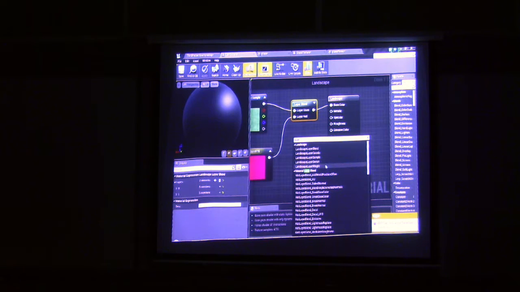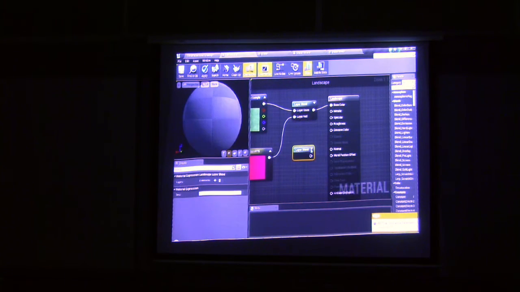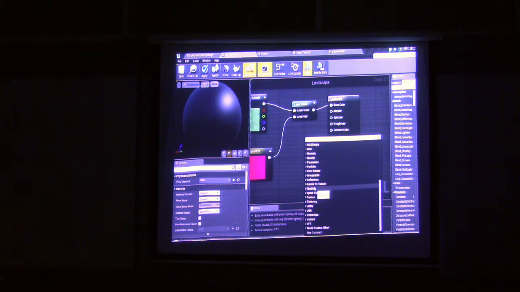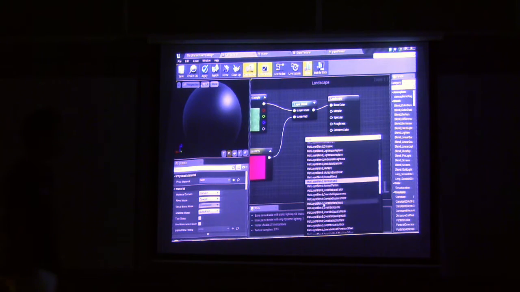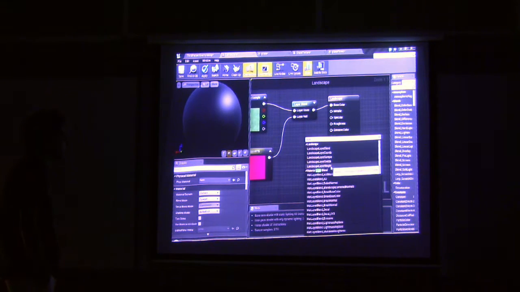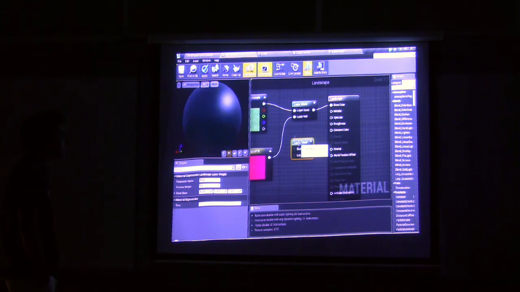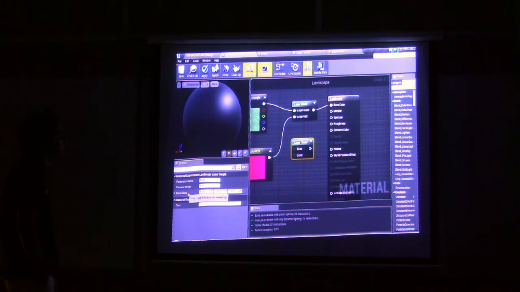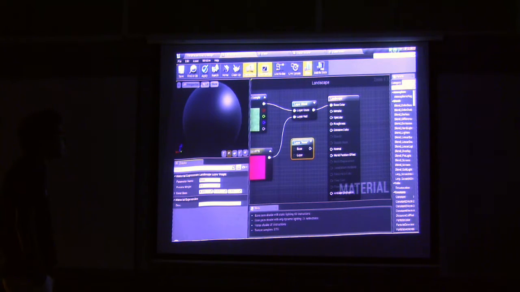Like for example, sorry. Okay, so you can do it that way. No, okay, the point is you can add a value that is